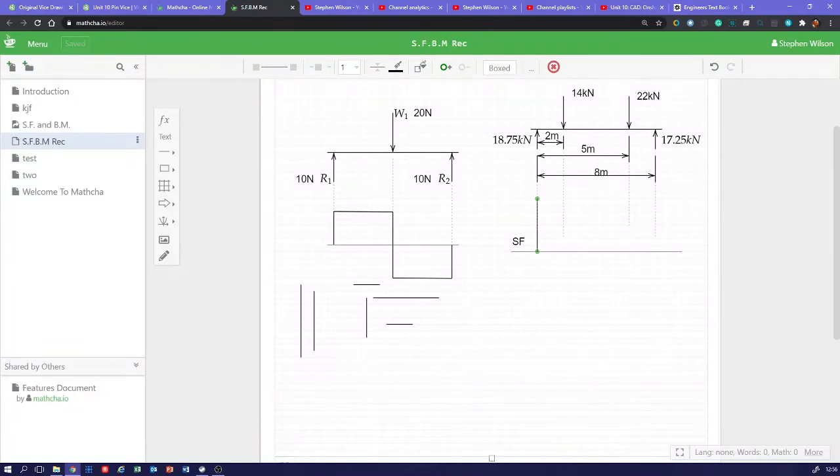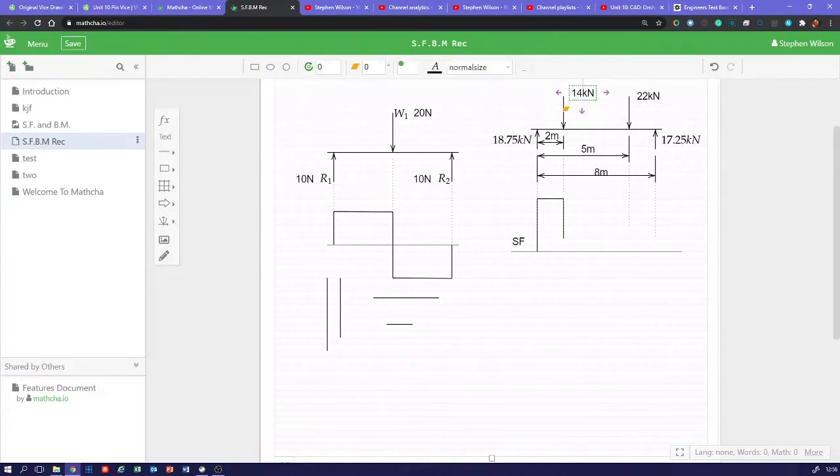So we go up by 18.75, and then we walk along our beam, and then we come down by 14. Okay, so let's get the right line. That should take us to just before, we're not going to cross over. We're not going to cross over because 14 is less than 18, so we're not going to go back over. Okay, and then we carry on to walk along our beam, and we get to our 22